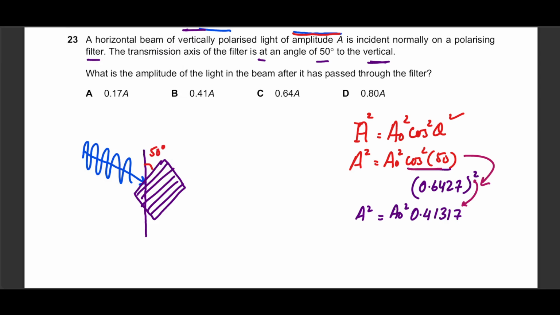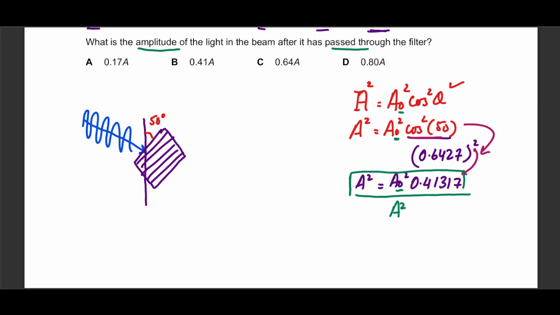So this is the equation where we're standing right now. The question is about the amplitude of the beam as it passes through the filter. He says the original amplitude is A. So whatever A naught I'm writing down is actually represented as A. So I'm going to write this down as AX square because this is what I'm expecting on the output. So this is A. And after the filter, let's call this AX being multiplied with 0.41317, this much. So since I'm interested in the amplitude, I will take this square to the other side and